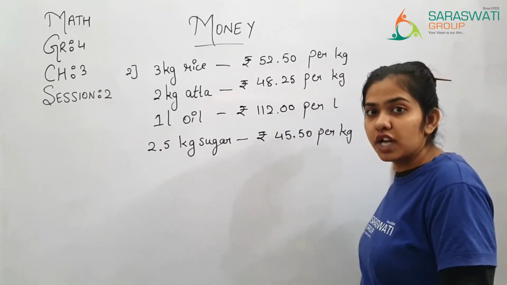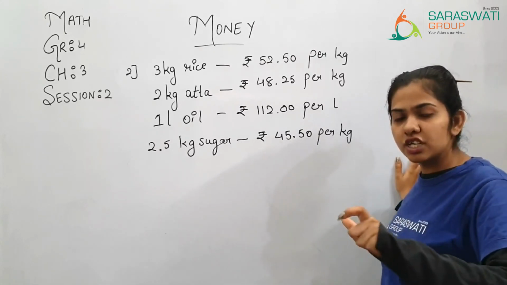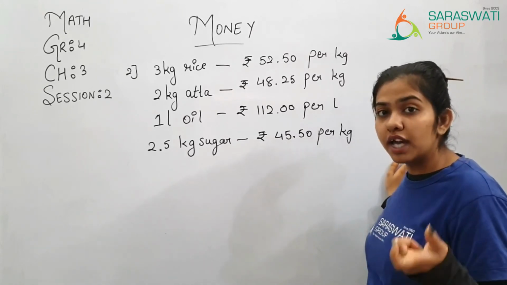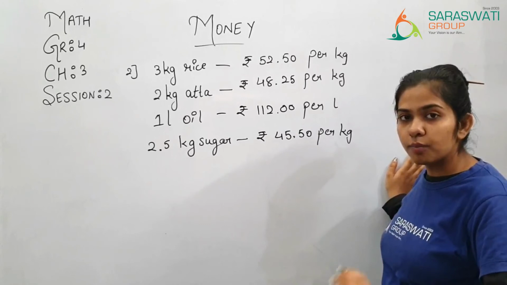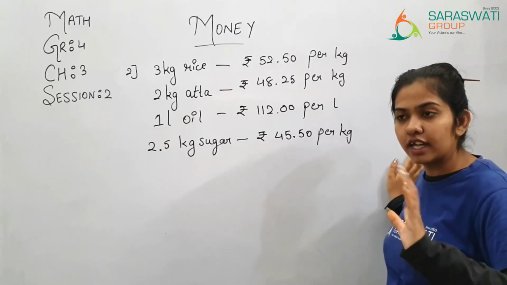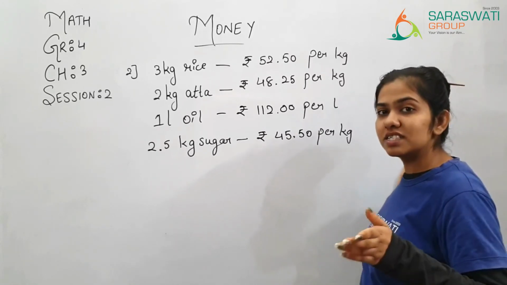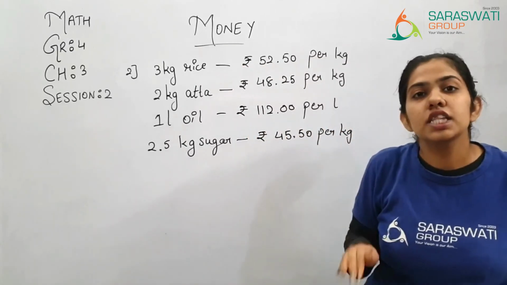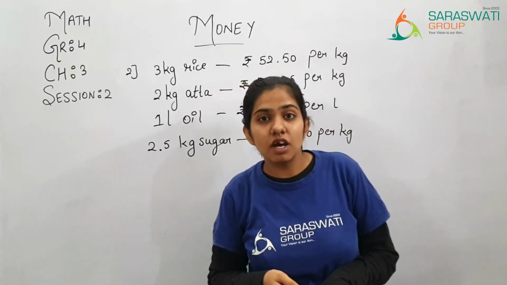फिर आप सारी चीजों का एडिशन कर लो और फिर जो एडिशन आए उसका आंसर वो आंसर फिर आपको देखना है बड़ा है या छोटा. अगर छोटा है तो आपको 500 में से वो लेस करना है, अगर वो बड़ा है तो वो बड़े आंसर में से 500 आपको लेस करने हैं, right? So in this way you will solve this sum.